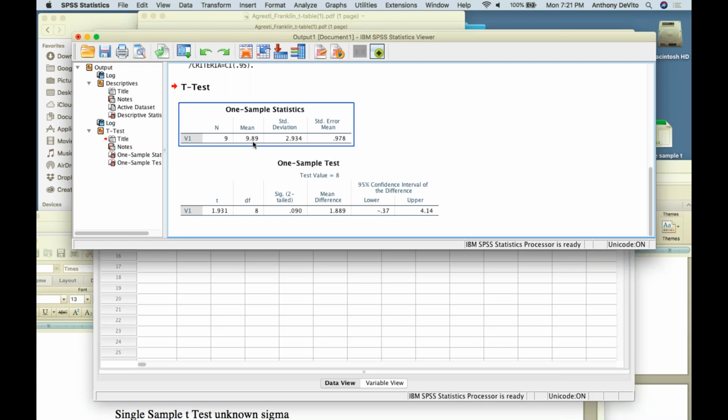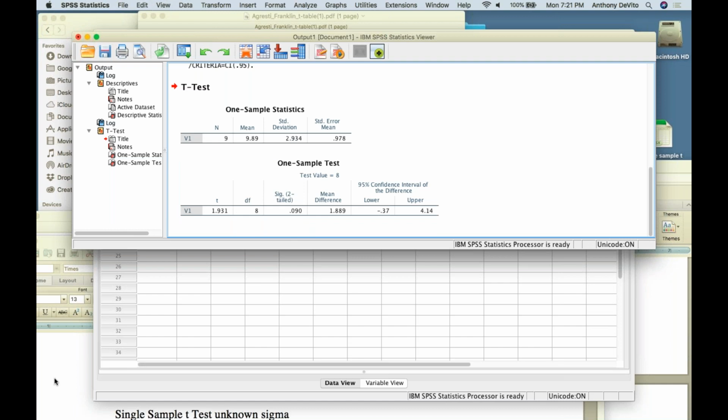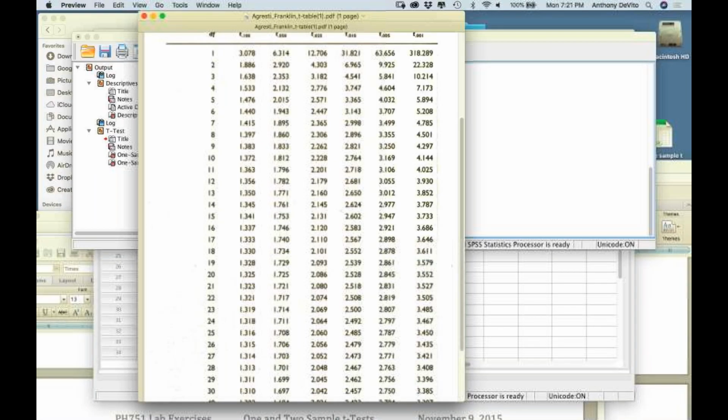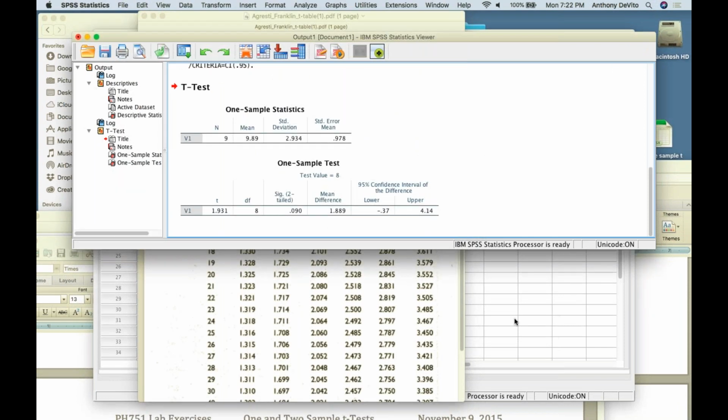What did it do then? It took the value 9.89, subtracted from it the value that we knew, 8, right? And it calculated, oh, you want to know something? Degrees of freedom should have been 8, not 20. I was stuck on 25 before. Degrees of freedom were equal to 8. Our critical value of t should have been 2.3, right? Because our sample size was 9. Let's go back here.